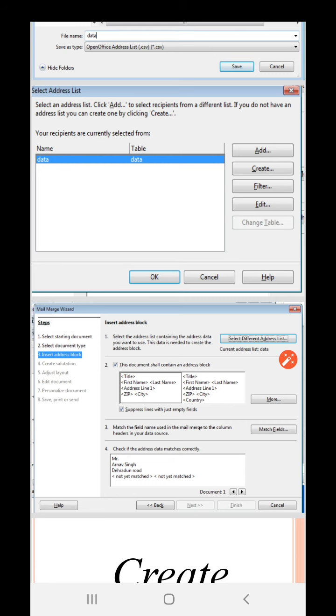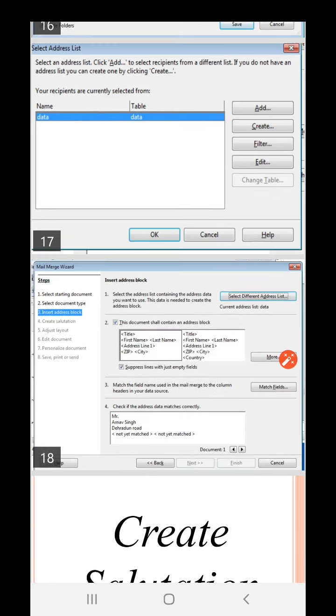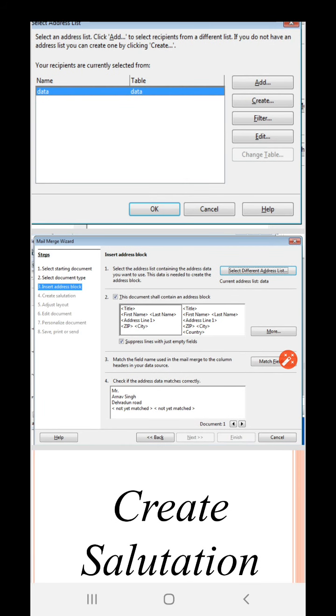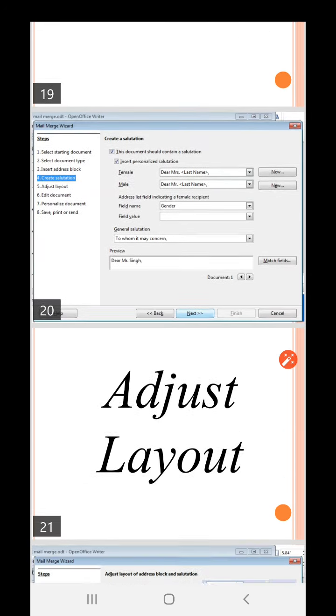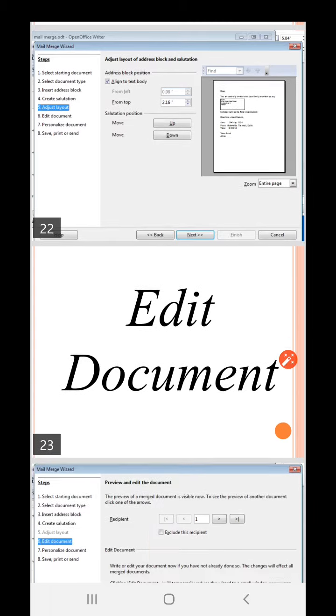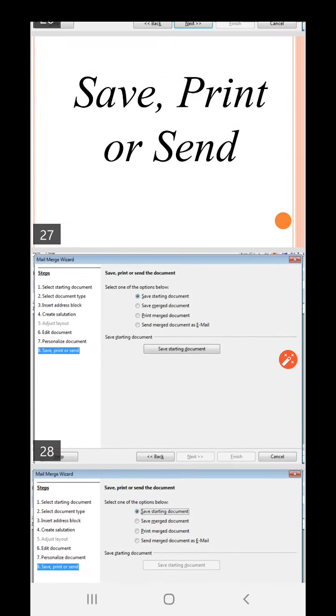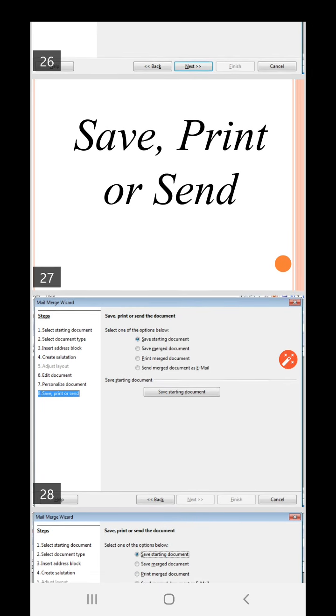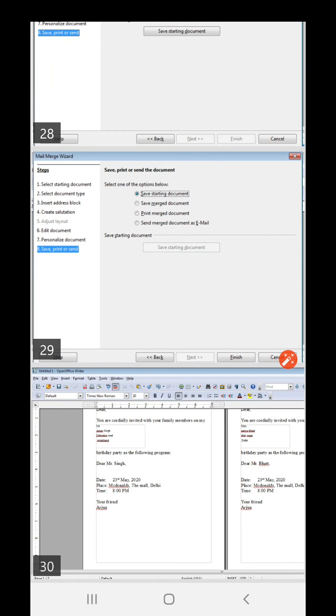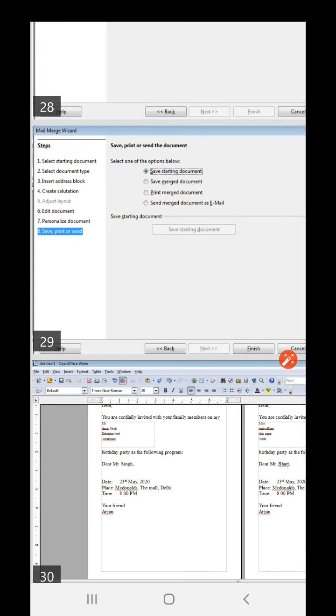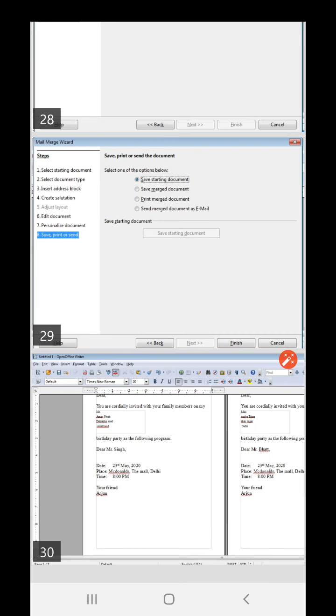Then the mail merge wizard shows you insert address block in this way, in which you can see the document and how it will show the address block. In other steps you just need to click on next. After the saving and printing step, you will see your end result. I hope you understand this. Thank you.